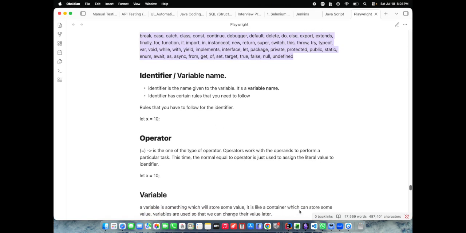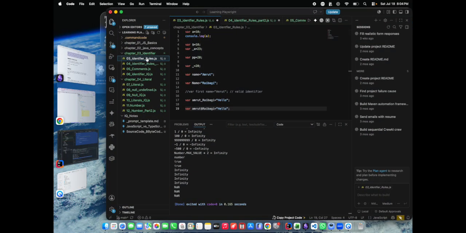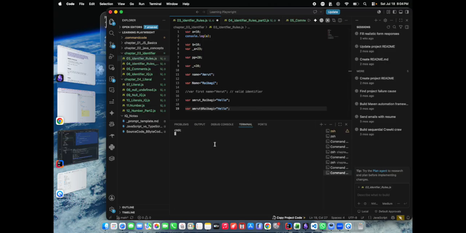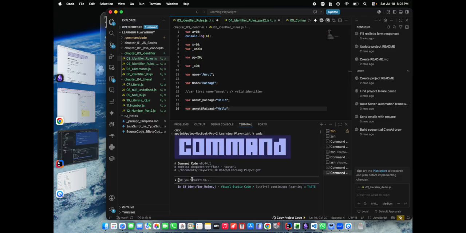And if I can take an example here, we can tell Command Code to create notes. So create a file with the name 01 keyword dot md